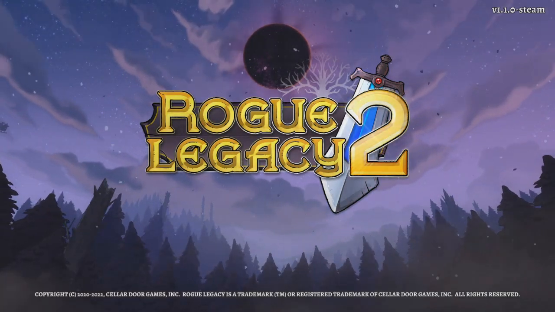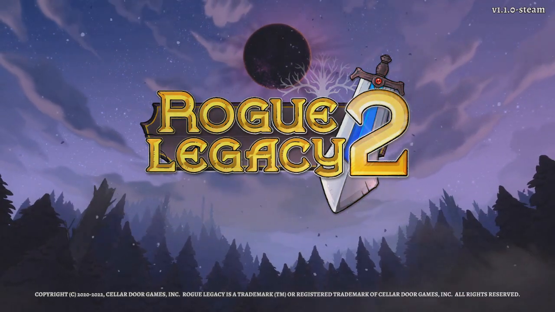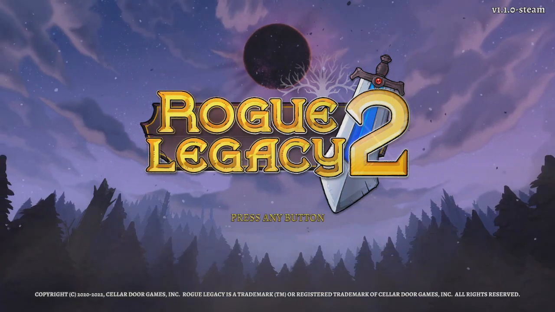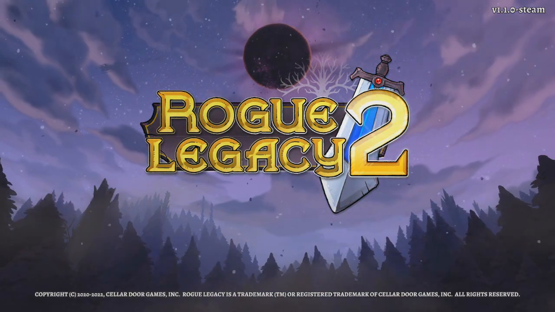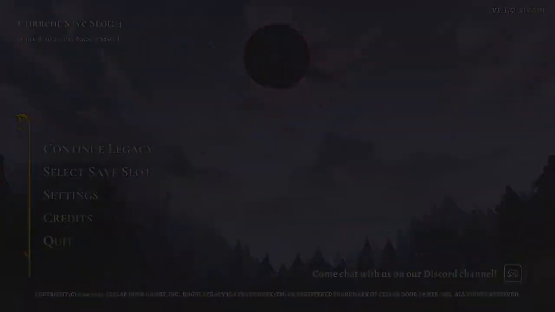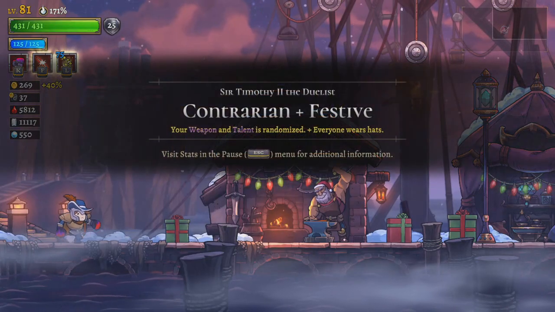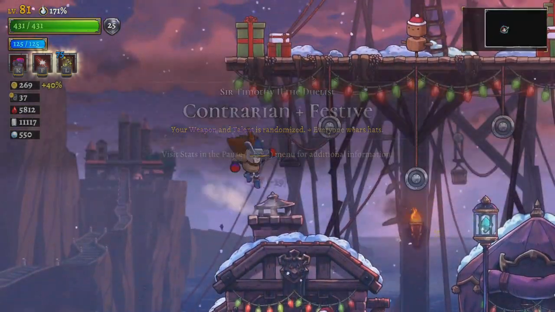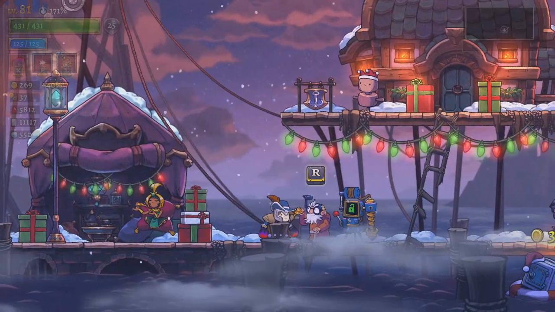And welcome back to Rogue Legacy 2, where apparently if I quit after a festive character to the start screen, I get this one with the purple sky and the snow blowing through it, which looks pretty. I like these colors. I chose a crazy character because they were festive, and I wanted to discover what that meant. And so I've got Sir Timothy the Duelist, who has crazy boxing gloves and